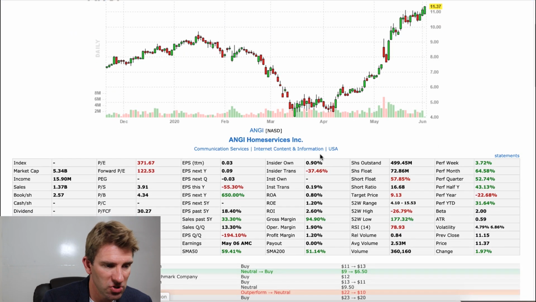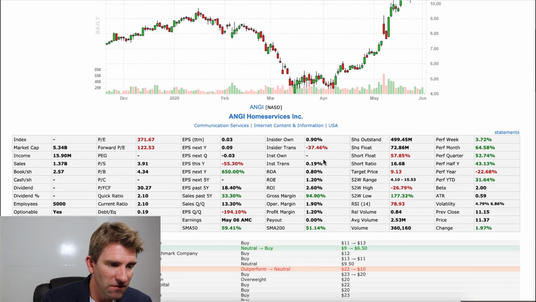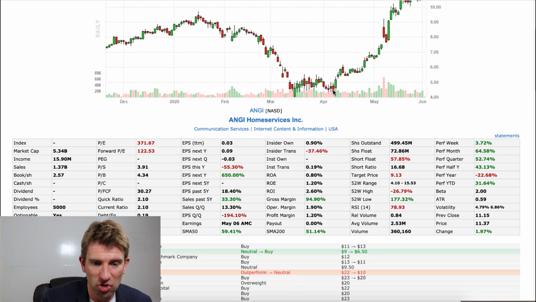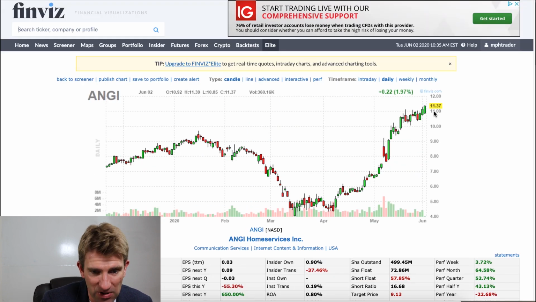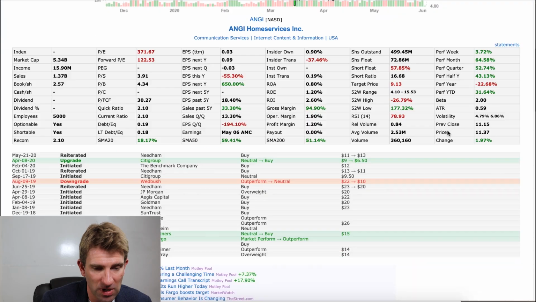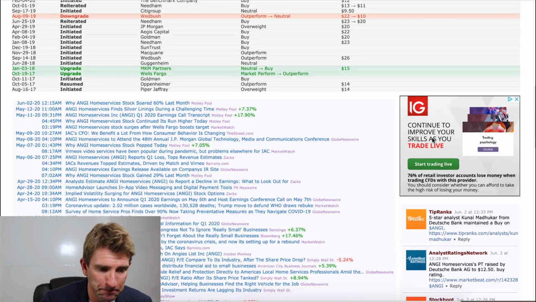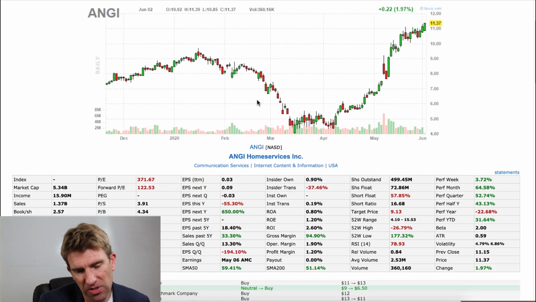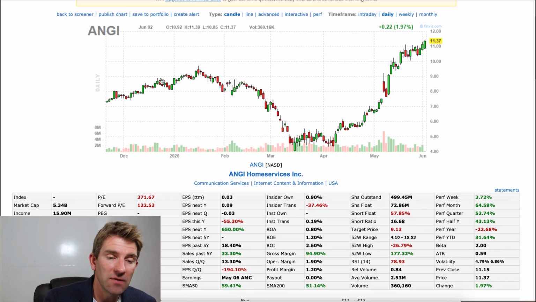If the shorts are trapped and they're not doing very well, and it's an unexpected move, which it looks like it probably was, it was sitting there struggling down at $5 for ages. Now it's up at $11. If it starts going to $20, people aren't going to be so happy with it, especially when you look at all the other stuff that goes into it. I'm not going to go into any more stuff, but you can see